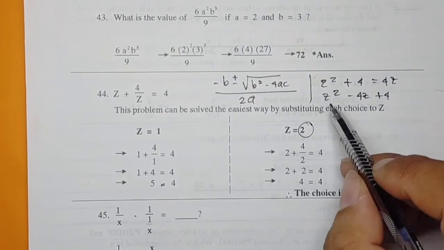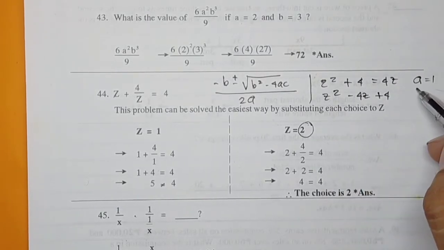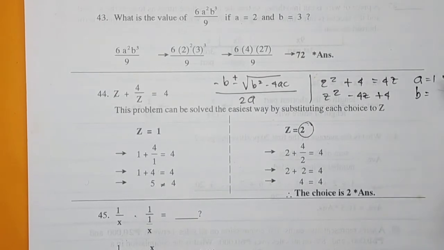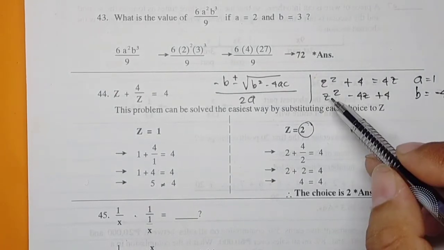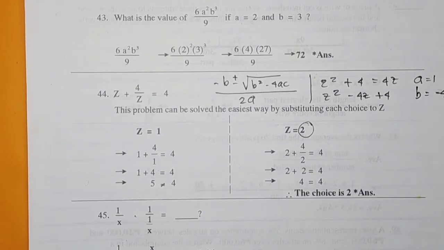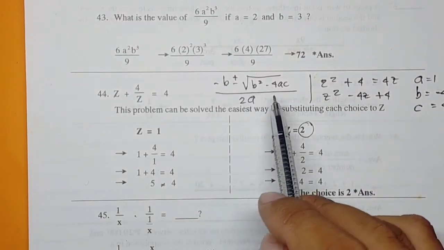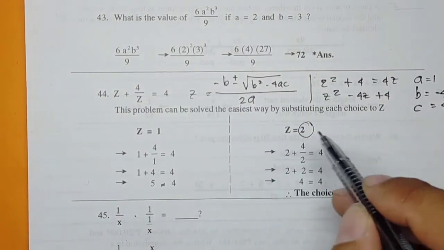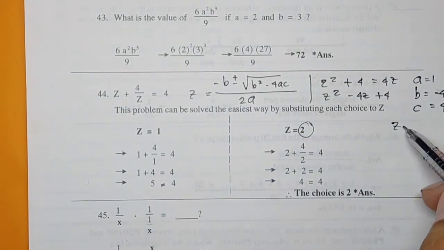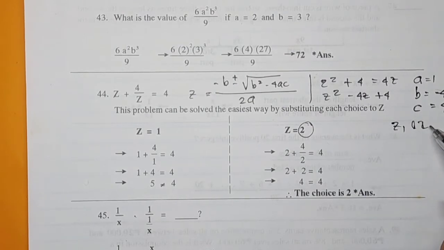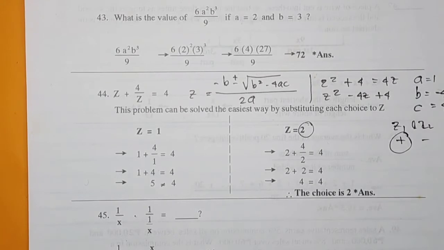So a is the coefficient of z squared, which is 1. Oh, I mean here the 1 is the coefficient of z squared, then b, the coefficient of z, is negative 4, and c, the constant, is 4. So now you substitute these values here to get the result. So if you get two numbers, you will get two values here, say 1 and say 2. So if this one is positive, negative, you choose for this positive sign. Okay,